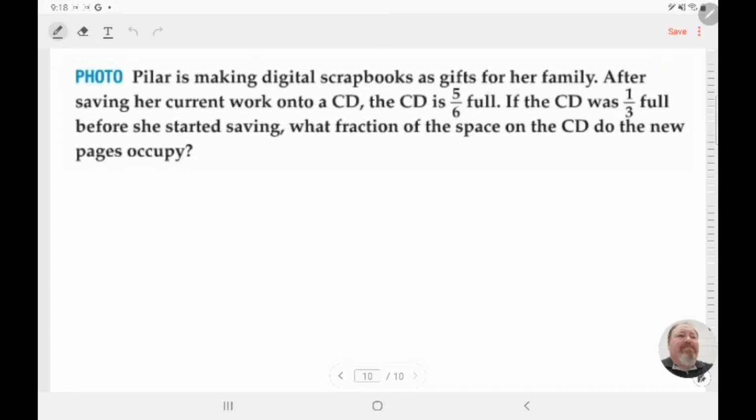All right, let's see how you did. So Pilar is making digital scrapbooks as gifts for her family. After saving her current work onto a CD, the CD is 5/6 full. If the CD was 1/3 full before she started saving, what was the fraction of space on the CD that the new pages occupy? So 1/3, what it was, plus we'll say C for what she copied,